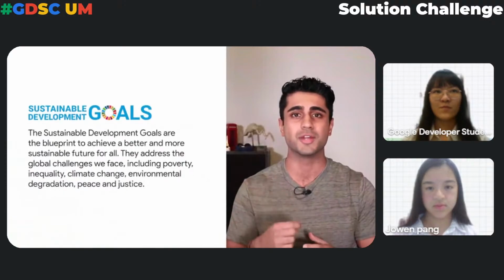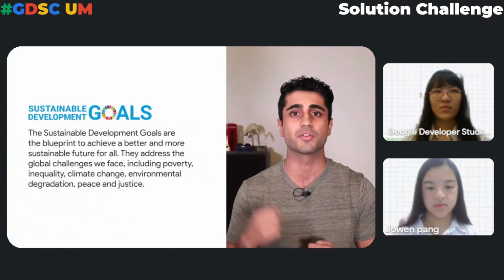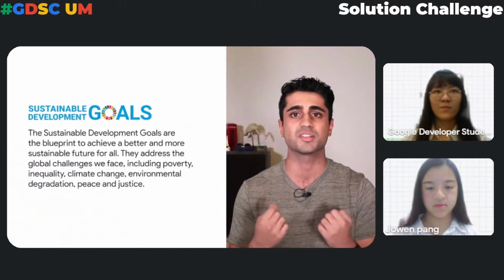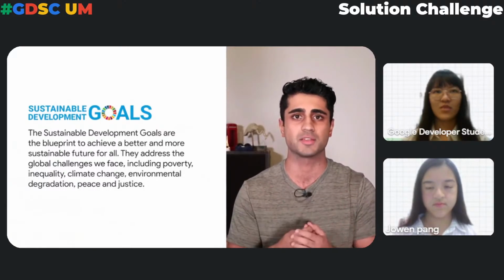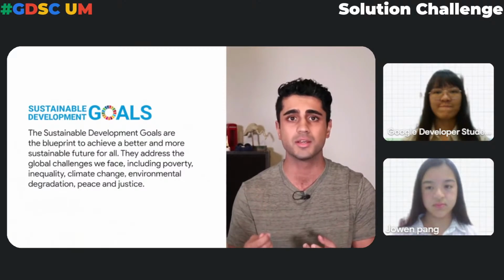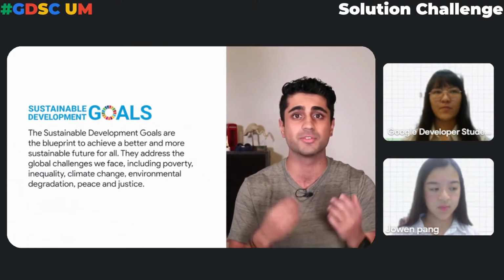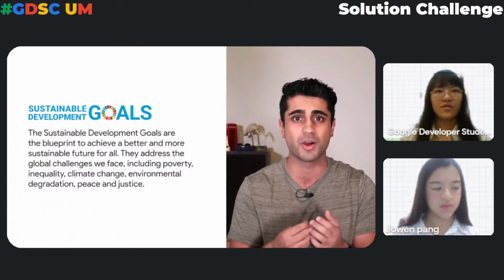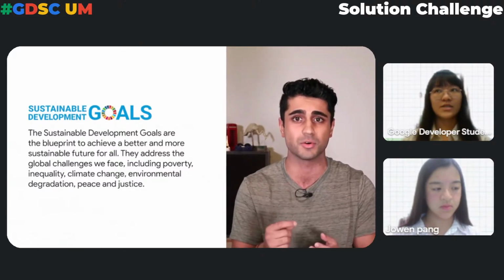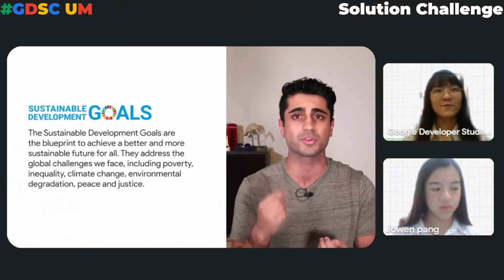Citing the official United Nations website, these goals are the blueprint to achieve a better and more sustainable future for all. They address the global challenges we face, including poverty, inequality, climate change, environmental degradation, peace, and justice. During this video, I will show you how you can research these goals and brainstorm ideas for your Solution Challenge